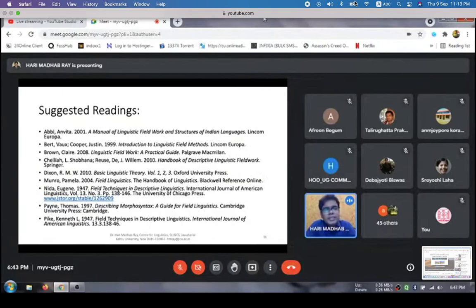So I think this is all for today, and these are some of the suggested readings. If you are really interested, you can get those readings. I just listed them. I have the soft copy and hard copy as well. If you want any of the books or articles, I can send you. My email ID is there,